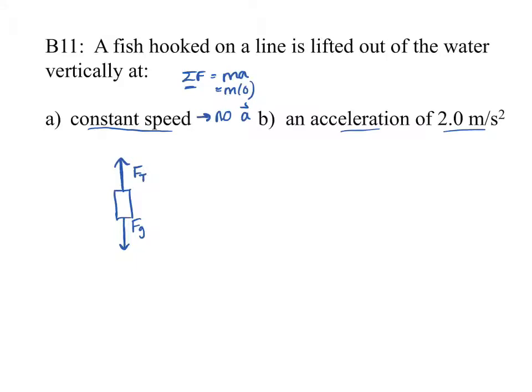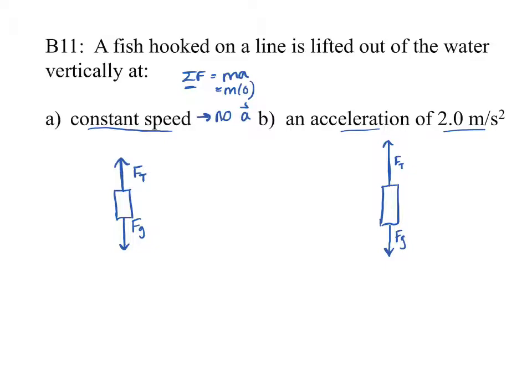Now we have an acceleration of 2 meters per second squared. And I'm guessing it's acceleration up because it is moving upwards, right? So what does that mean? It means now the force of tension should not be equal and opposite to Fg. It should still be opposite, but it'll probably be larger since this thing is accelerating upwards. So if I look at the fish, in air quotes, but you guys can't see it, if that's my force of tension, I know my force of gravity should not be as large as that.